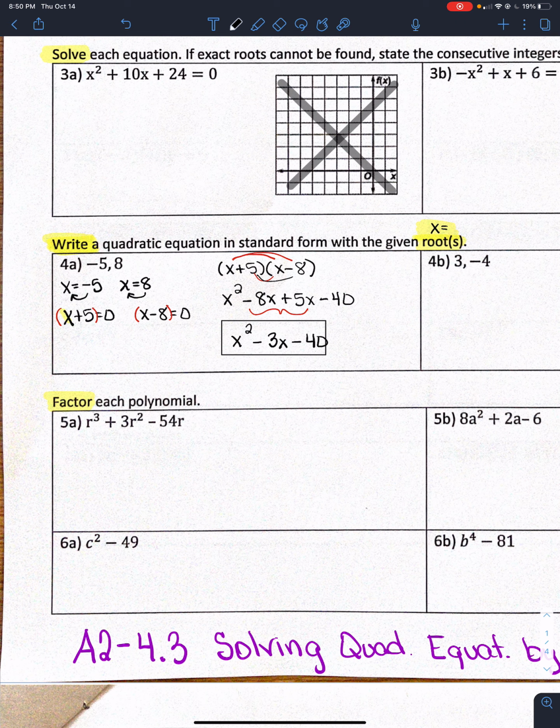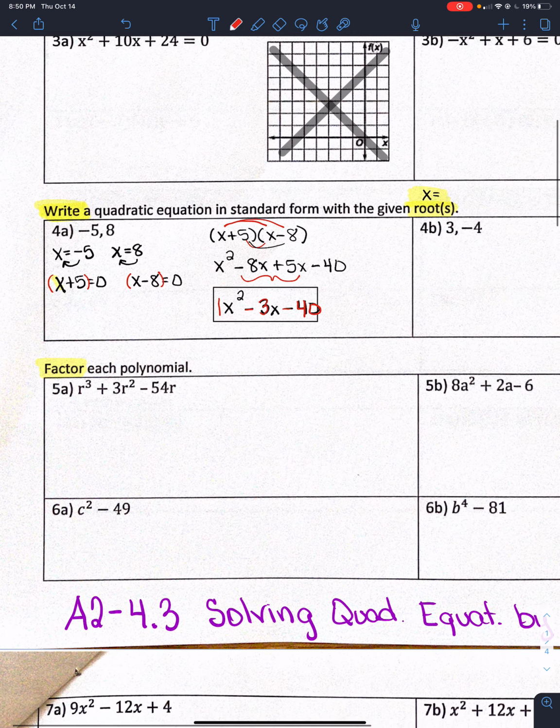All right. So that's the same thing that you have on 4B, so practice with that one. Okay. If I wanted to in this case, I could say A is 1, B is -3, and C is negative 40. So that's another way to check that it's in standard form. You're able to see the A, B, and C value. Okay? All right, let's look at,